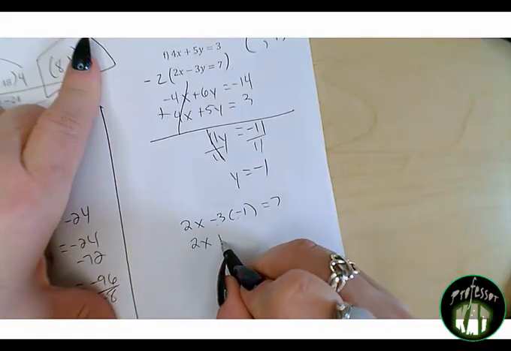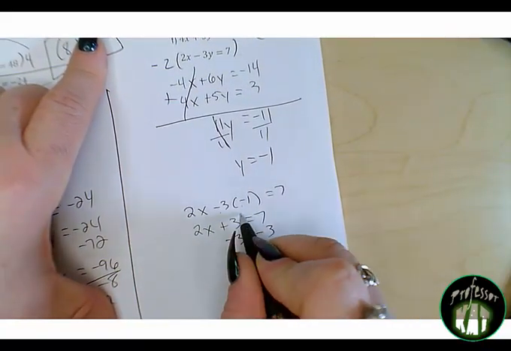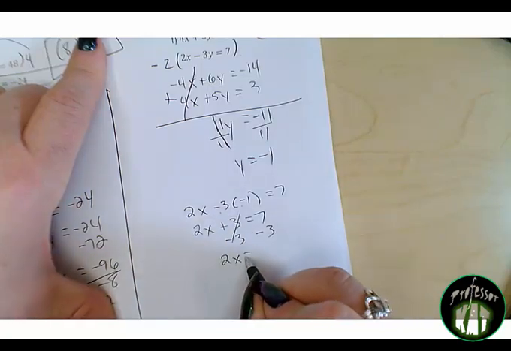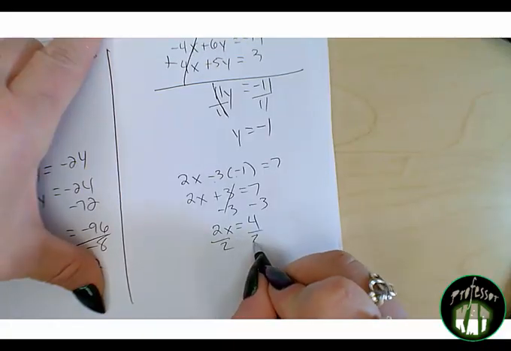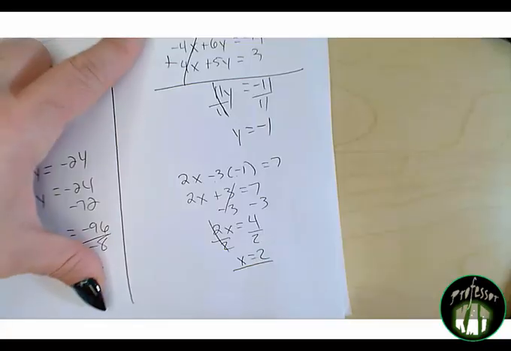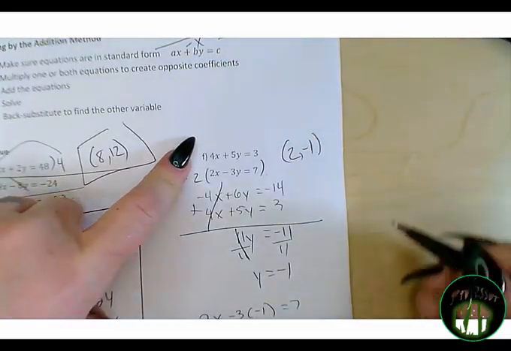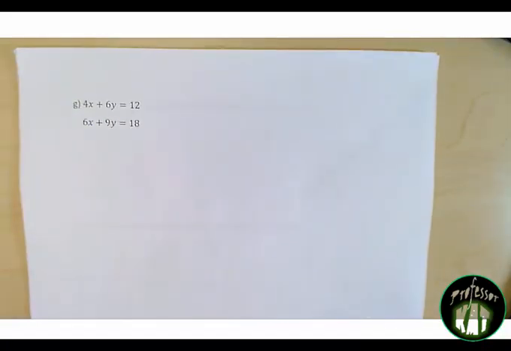Negative 3 times negative 1 is a positive 3. Subtract that 3 to the other side, giving us that 2x is equal to 4. Divide each side by the coefficient, and x is equal to 2. Fill that back in, and we have our solution of (2, negative 1). Last example,